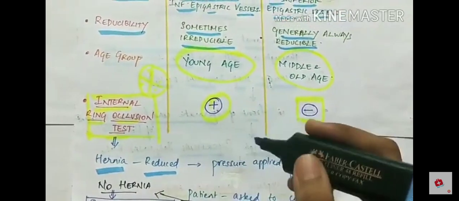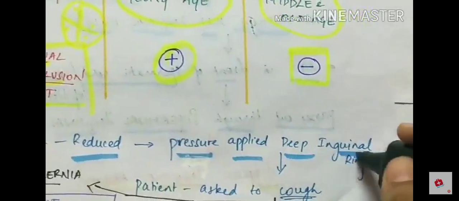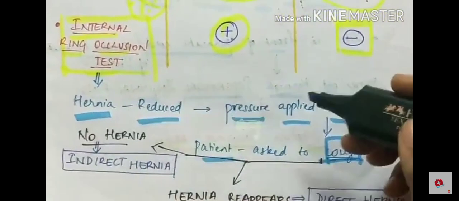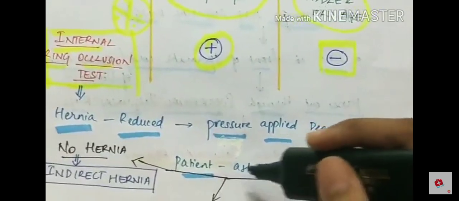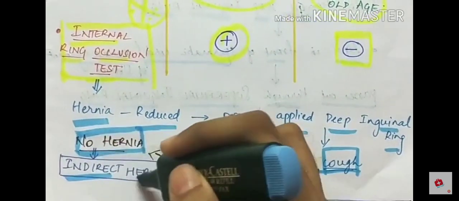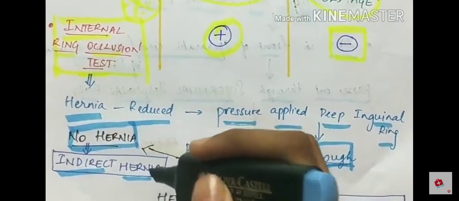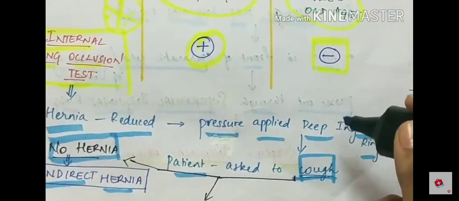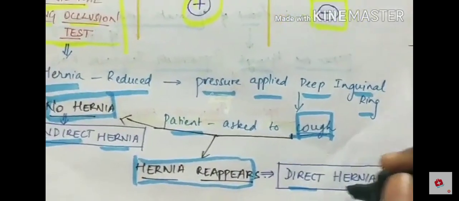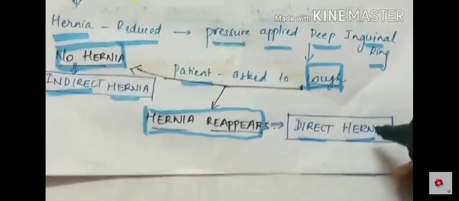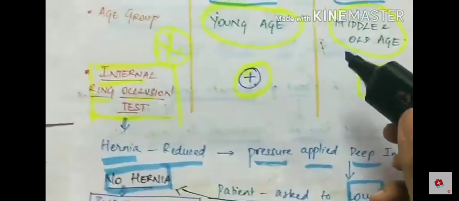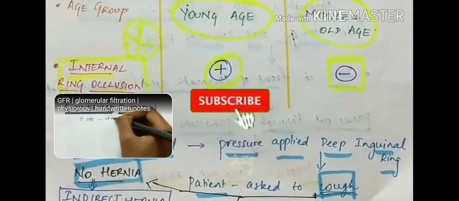After the hernia is reduced, pressure is applied to the deep inguinal ring and the patient is asked to cough. If there is no hernia, it means it is indirect hernia because the hernia occurs through the deep inguinal ring. As we have blocked it now, it cannot occur. If the hernia reappears on coughing, then it is direct hernia. This is because it occurs through the Hasselbalch's triangle. So internal ring occlusion test is very important to differentiate indirect from direct inguinal hernias. This is the gist of indirect and direct inguinal